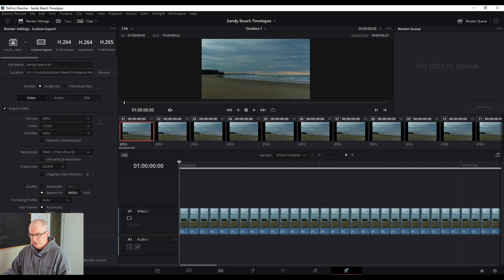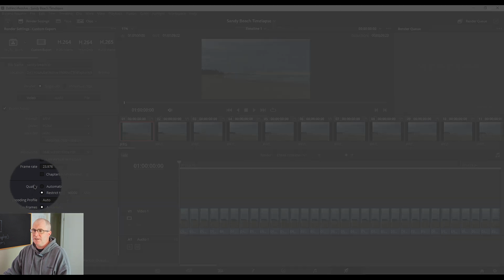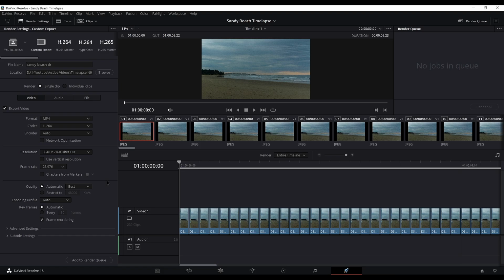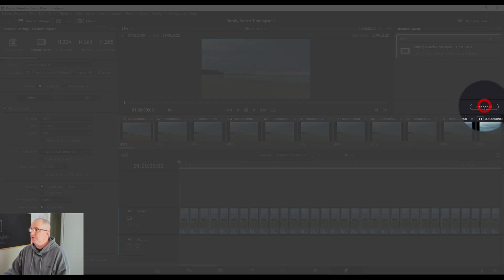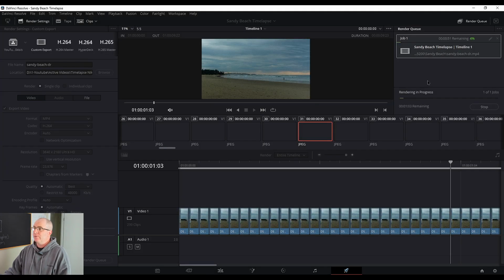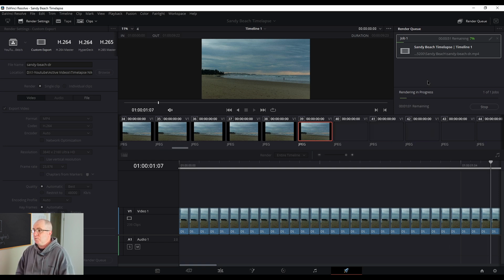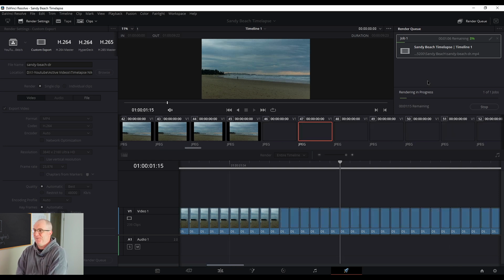And then down here you can select your video settings. So I'm going to say MP4 is fine, H.264 will do. It's in 4K at 23.976. The quality settings you can just leave to automatic if you want to, and then add to render queue and then render all, and that will render it out in the same way Photoshop just did a minute ago, and it will look very pretty.